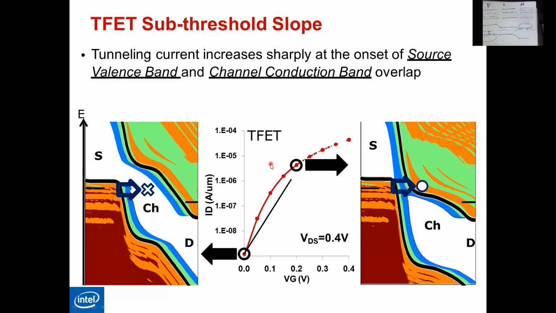So you can understand that now you control the width of this tunneling channel by controlling the voltage across the gate. By increasing the gate voltage, the channel becomes narrower, so more electrons can tunnel from the source to the drain, while whenever the voltage is lower, the channel is wider and fewer electrons can tunnel, till you reach the 0 voltage where no electrons can tunnel theoretically. So this is why we are using